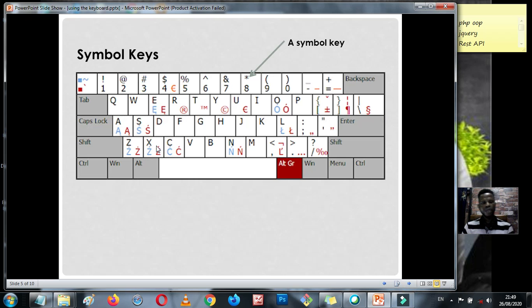Now another important key is the symbol keys. Look at this, it is a typical keyboard, but it has various symbols. You can see number 1 has an exclamation mark, key 2 has the @ sign, key 3 has